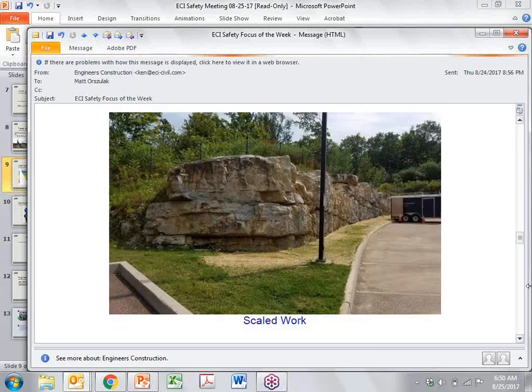And here's another piece of the scaled work after it was all cleaned up. This actually had a big overhang, which if you were facing that overhang, it's just an overhang, it's not bad. But then if you look at the angle from here, you realize it was this big joint. And so there was probably a little more than a foot, probably 15 to 18 inches, of rock, a big slab that was hanging right there. And of course, there's the parking lot.